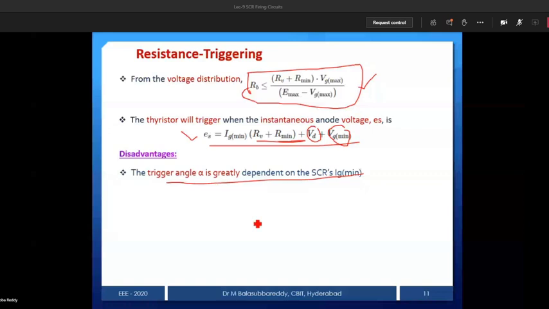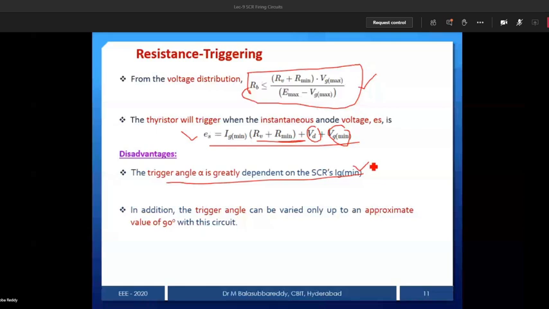Alpha purely depends upon IG minimum, and to reach IG minimum, it depends on what? Again, the resistor. That is another problem. The resistor means power dissipation is going to take place. Another problem is that triggering only reaches approximately 90 degrees. Beyond 90, the voltage value is the same as the previous supply values. Therefore, if you use a large resistor value, you need more voltage according to the formula. That voltage is not available after 90 degrees, because below 90 degrees the value is only repeated for the sine wave. So that is the reason.